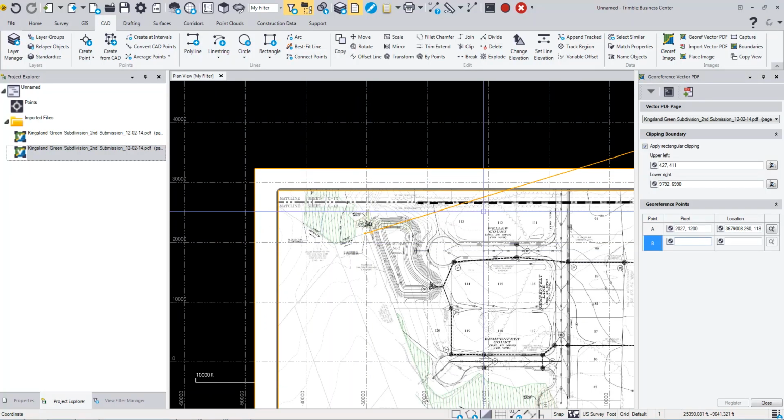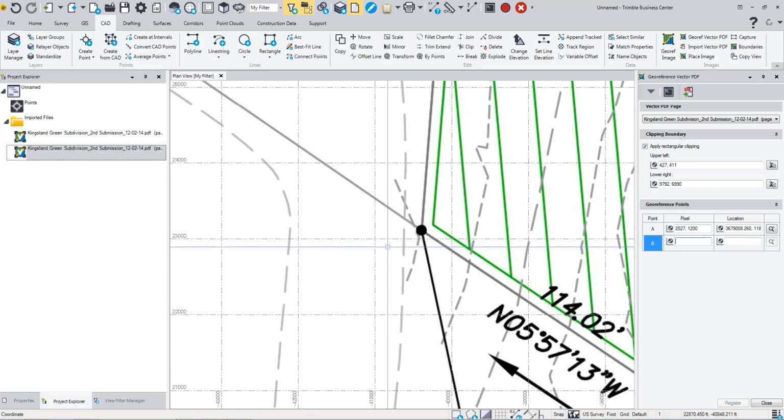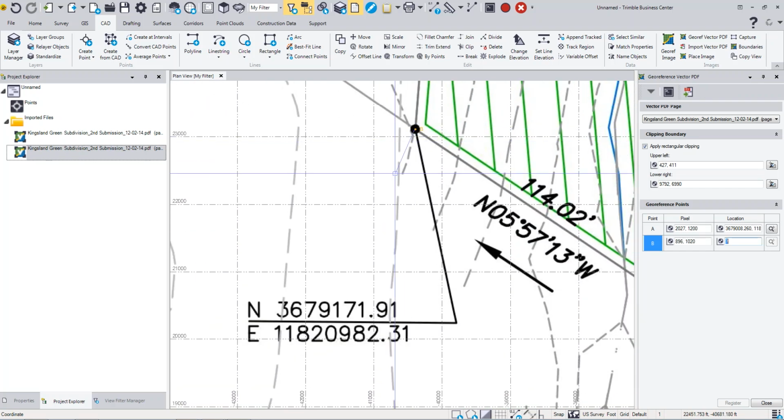You can see it kind of gives you a glyph of where that's going to end up. So down here I can do the same thing, pick this point here and enter in 3679171.91. And then once I tab out of that, oops, forgot the other coordinate. So let's put in 118209982.31. So again, the little arrow tells you, hey, you did something wrong, so it's a nice little warning. So I'm going to tab there, and now you can see that I can register this image, and